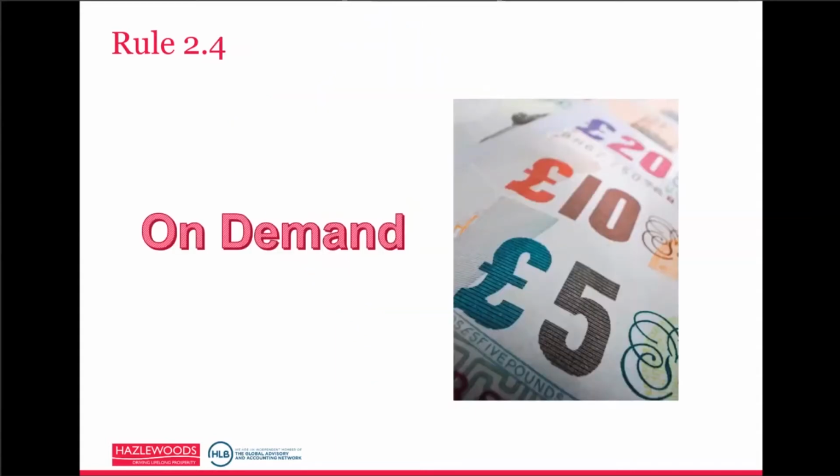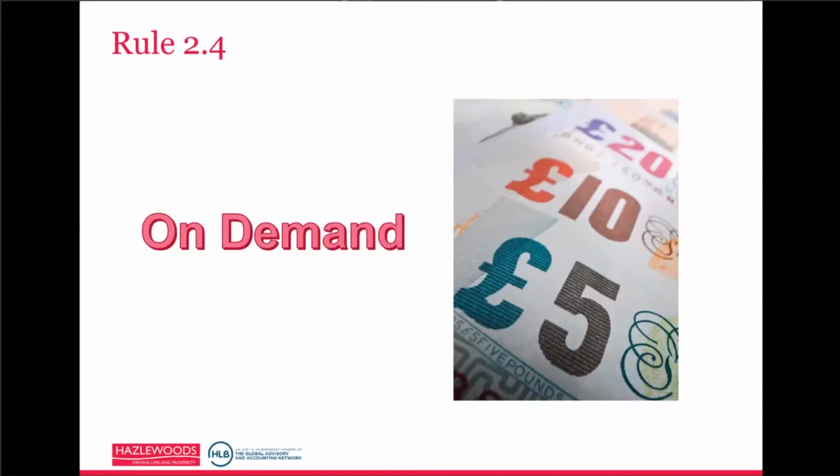Rule 2.4. You should ensure that client money is available on demand unless you agree an alternative arrangement in writing with the client or the third party for whom the money is held. This rule means that any fixed term deposits should be accessible, even if interest would be forfeited in the event the money was needed to be withdrawn. You need to be really careful, as if a client asks you to place their funds on a fixed term deposit account so that they can achieve a better interest rate, you need to consider whether this would be acting